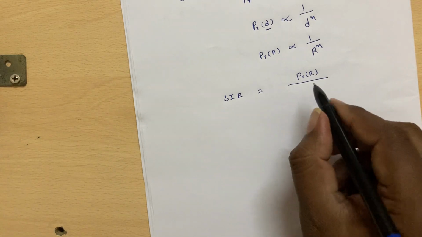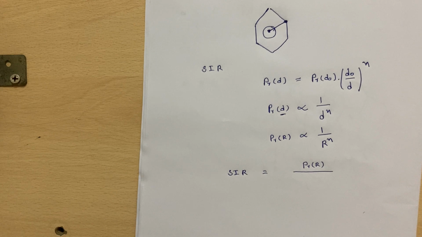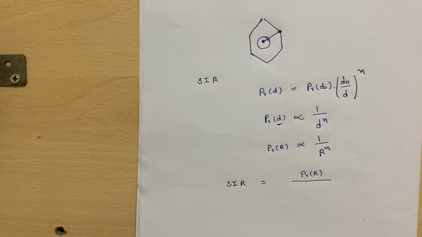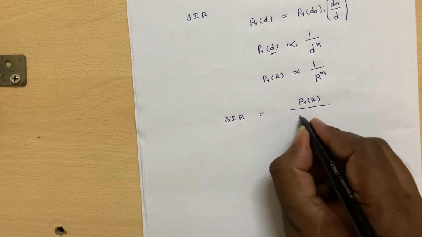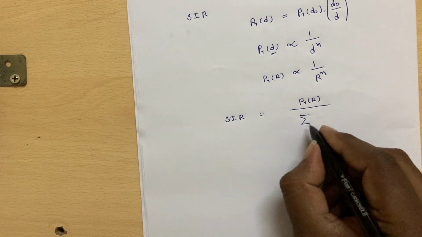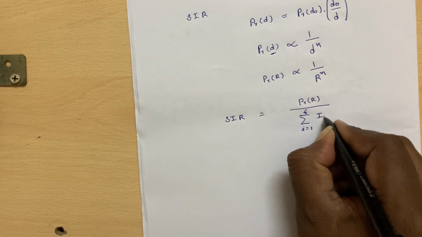divided by the interference, and how many co-channel cells do we have? In the first tier there will be 6 and in the second tier there will be 12, but we will neglect the second tier co-channel interfering cells because their effect is very small compared to the first tier co-channel cells. So we consider the first tier. How many are there? We have 6. So here 6 interferences we have to add, say i equal to 1 to 6, I_i.